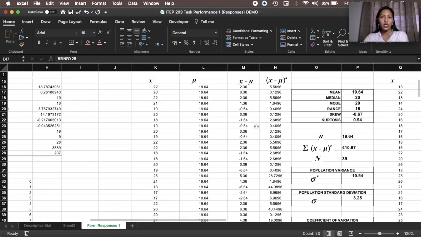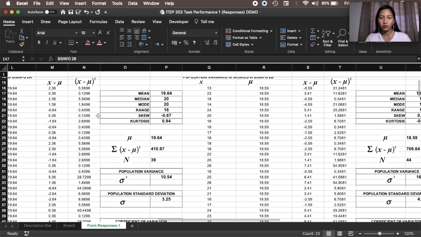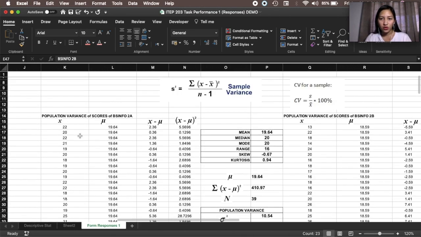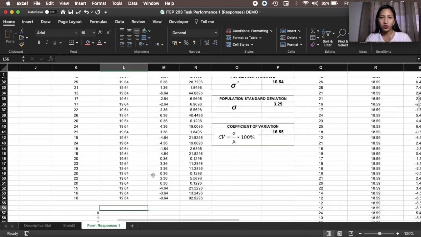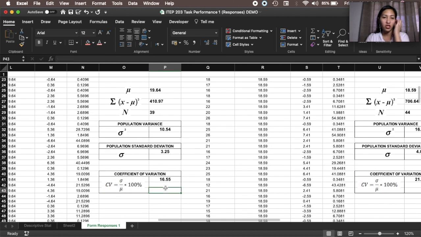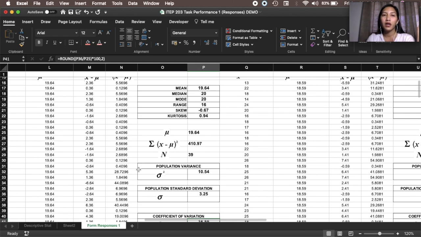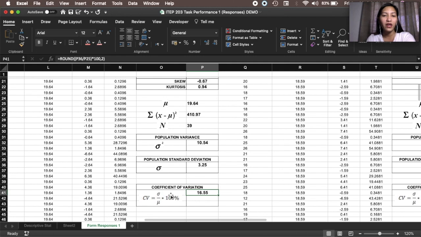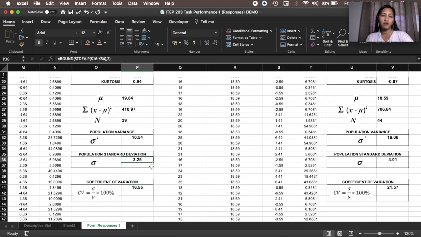So, for example, ito yung data ng 2A, ito naman yung data ng 2B. So, lahat ng score nila. Ang N dito, I guess, ay, ilan ba yung N nito? Okay, so, mag-iba sila ng N or the sample size or the population size. So, I got the mean, median, mode, range, skew, and kurtosis. So, I want you to take a look at the value of coefficient of variation. So, dito, same lang sila ng nature ng data natin. So, yung nature ng data natin ay score ito ng mga estudyante sa task performance na 30 items. So, if I want to compare the standard deviation, kung mapapansin ninyo,